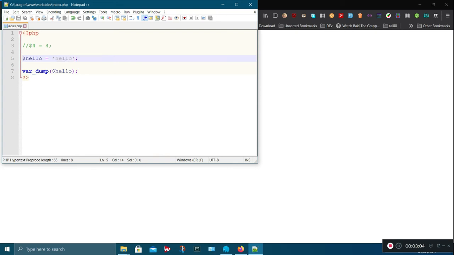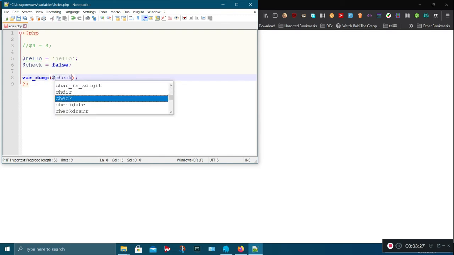Which we also called hello. You can also do this where you do check, and I'm going to give it a data type of boolean, so I'll say false. So I go to my var_dump, save.